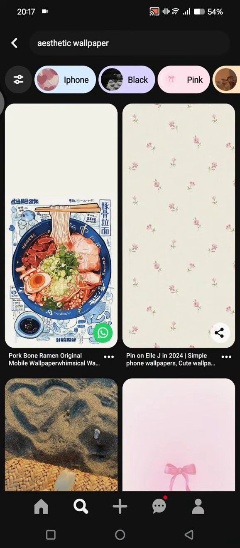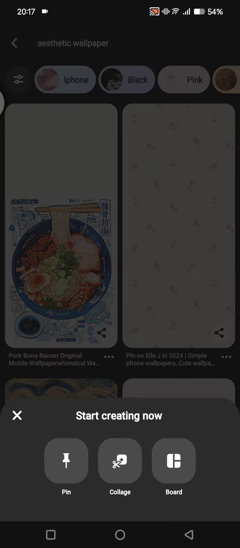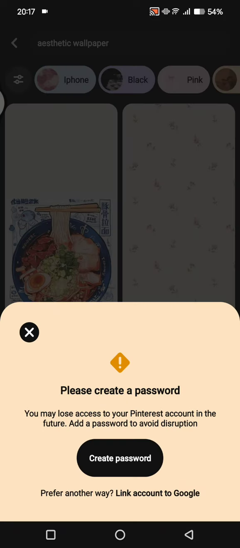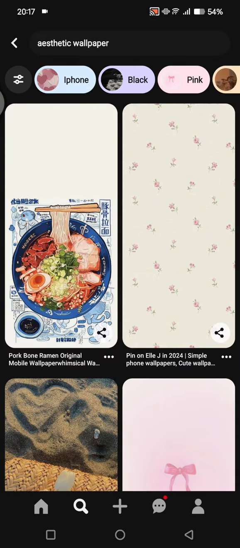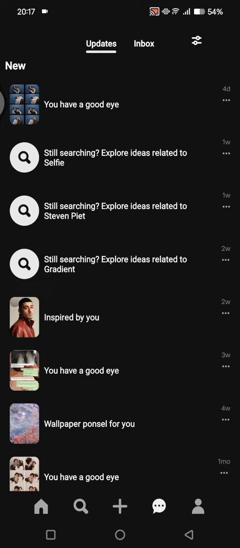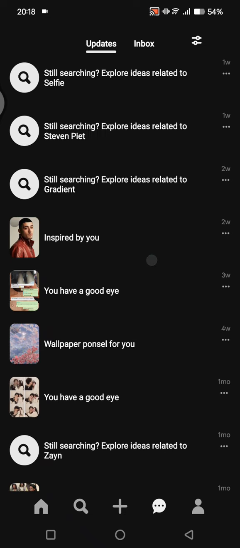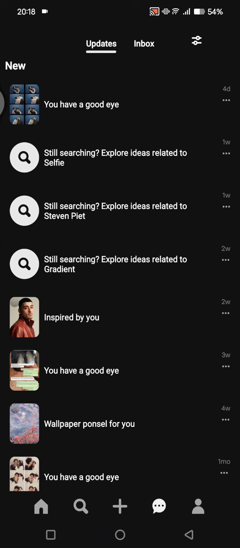Here, if you want to upload something, you can just click on the plus icon at the bottom. Here you can create a pin, you can create a collage or board. For example, I'm going to just create a pin, and here you can just upload a picture, and here you can also interact with other user on Pinterest by clicking on this. For example, here you can find a specific account or user,